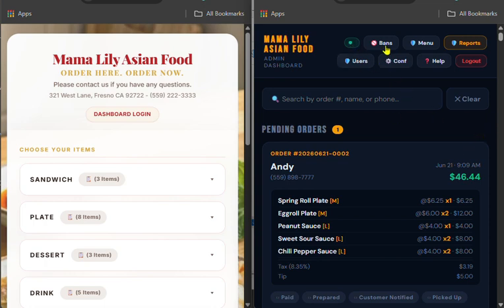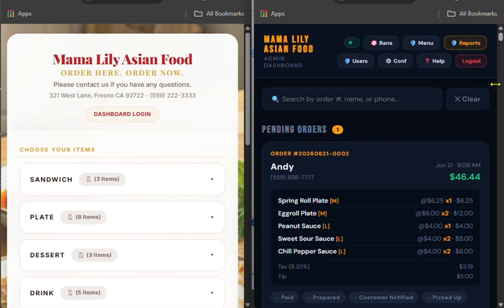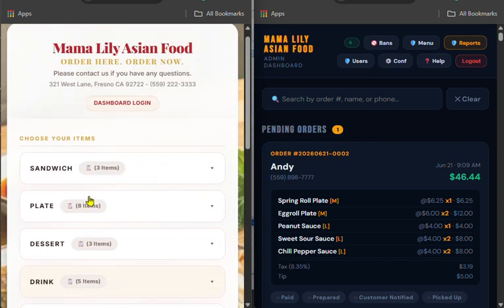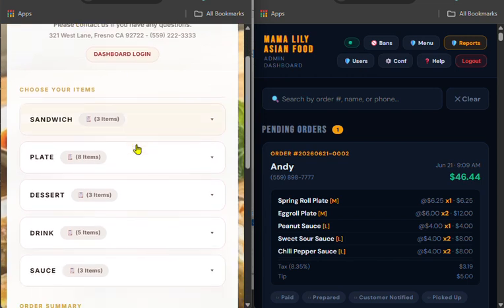In mobile view, you'll see something similar to this. Let me stretch it out a little bit. In desktop mode, you'll see that it'll say live here. So this is mobile mode, simulating what you would see on a small tablet or your phone screen. Okay, so let's start here. We'll go ahead and place one order here, and we'll see it pop over on our pending side. The customer on their phone or PC